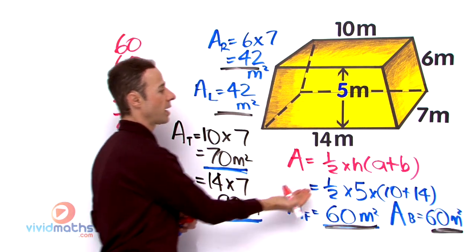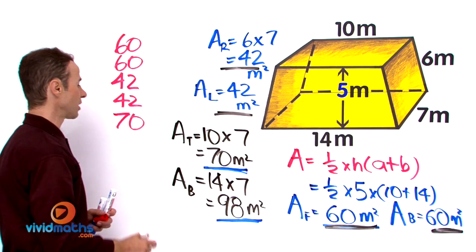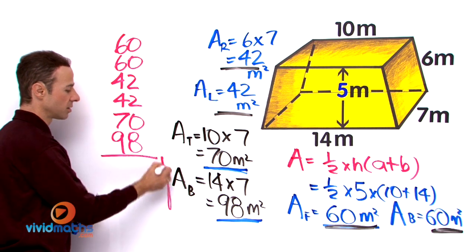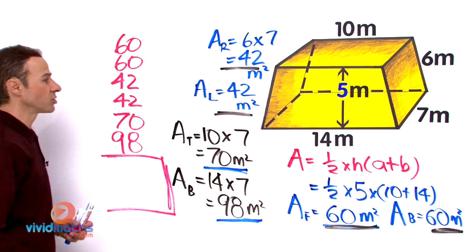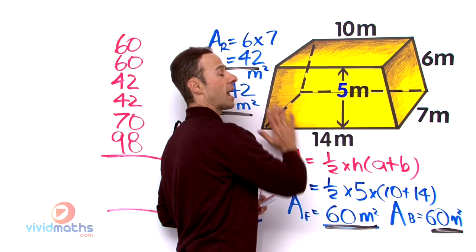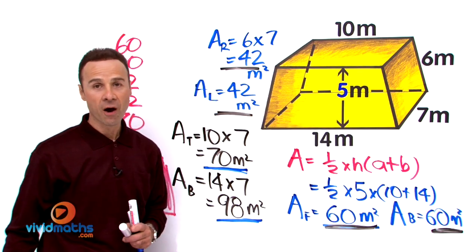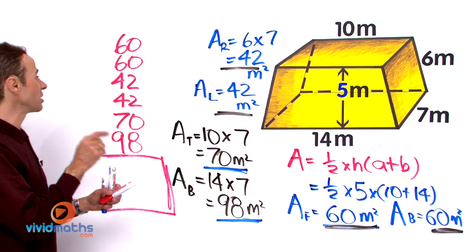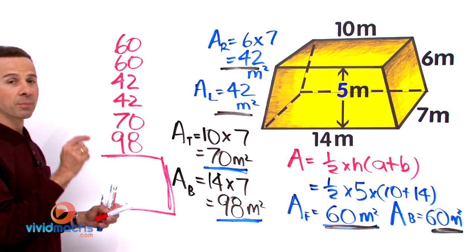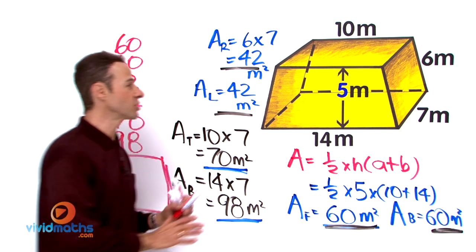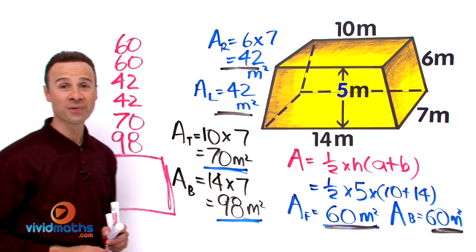And the bottom under there, 14 times 7, which is 98. Okay, let's get our calculators out so we can work out the total, complete scope and size of the skin and the exterior outside surface of this trapezium prism. So in our calculators, 60 plus 60 plus 42 plus 42 plus 70 plus 98, altogether grand total, the entire total complete surface area is